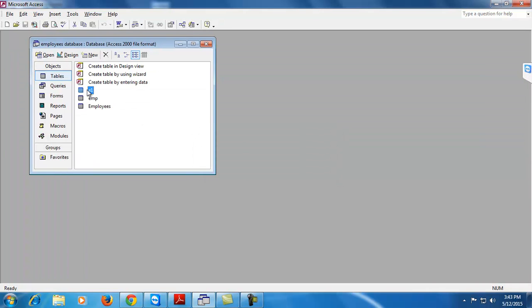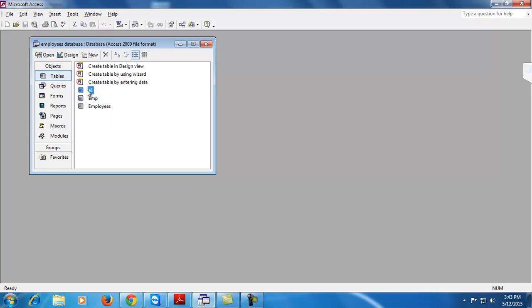This is the way the user can create tables in MS Access, and after creating a table, how you can apply constraints such as primary key, unique constraint, not null constraint, default constraint, check constraint and all.